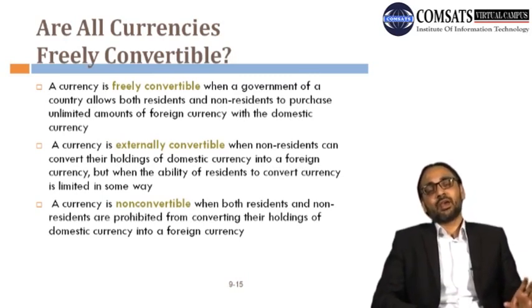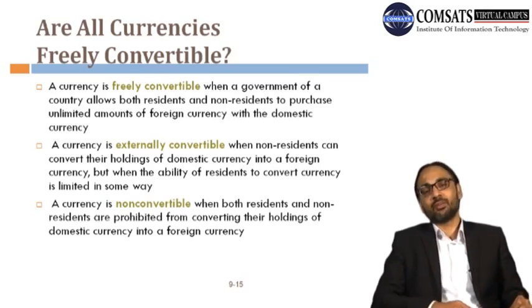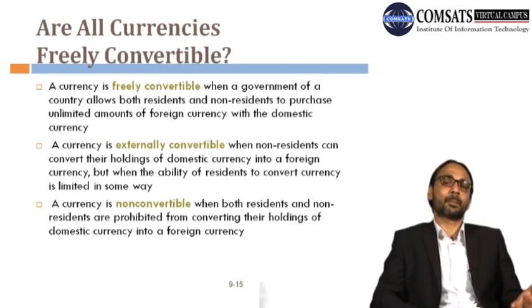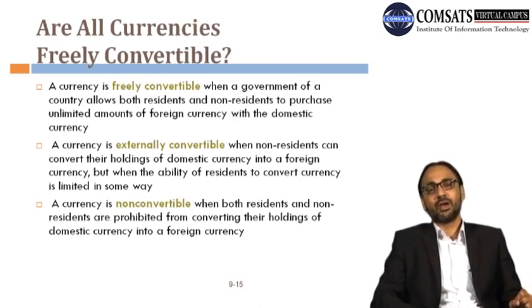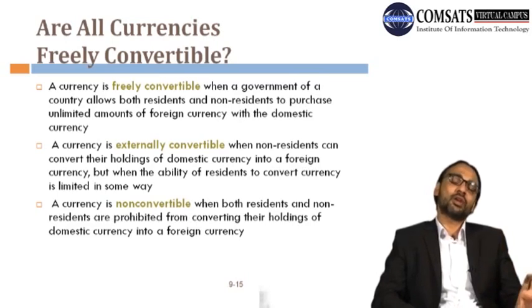That means in the second way, in certain markets, only non-residents, people who are not residents of this country, like investors and foreign companies, for instance US companies operating in Pakistan, will be under this market. If we are in an externally convertible market, what's going to happen? Those foreign companies are allowed, because they are operating in Pakistan, the money they generate would of course be in Pakistani rupees. They would be allowed to convert the rupees into US dollars,